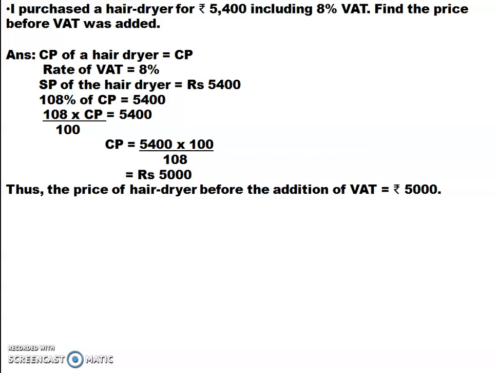Now, let's see here. VAT 108%. Why 100 plus 8? So you calculated the cost price as 5000. Thus, the price of hair dryer before the addition of VAT is equal to rupees 5000. By this question, we come to an end of exercise